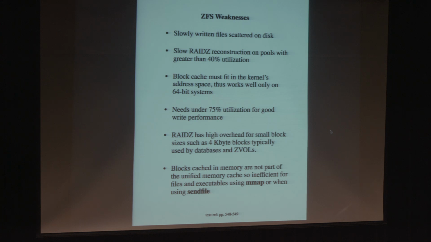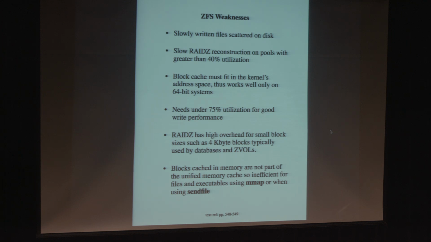The weaknesses of ZFS: it requires a lot of resources. You've got to have a 64-bit processor. You've got to have a lot of memory on there. You really want to have some flash drives or memory of some sort on there for things like the ZIL and the ARC and so on. Otherwise, it's not going to run all that quickly. And you need a lot of CPUs to do all the checksumming and other things. The block cache has to fit in the address space. And if you are doing a lot of reading, they just need to fit in the cache because otherwise it's going to be slow, because slowly written files are just all over the disk and they're not as compact as they would be in an overwriting file system.